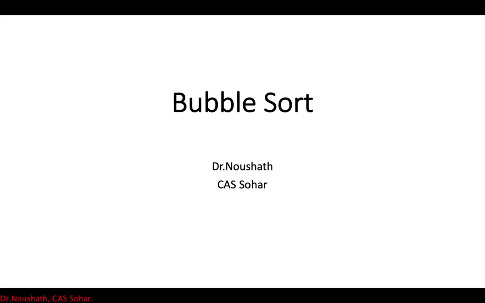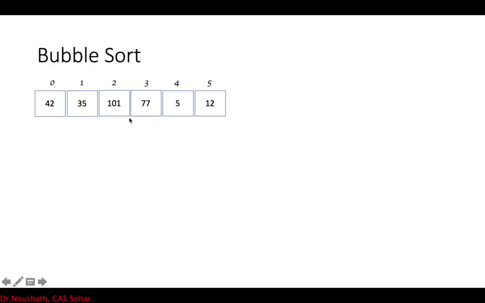In the bubble sort algorithm, the input is a random array. You can see here the elements are random. What we will be doing in this bubble sort algorithm is starting from left to right. We will be comparing two elements at a time. That means we will compare a pair of elements. For example, we will start with this and this, and we will see whether the first element is greater than the second element. If the first element is greater than the second element, we will perform the swap operation. This is one step,